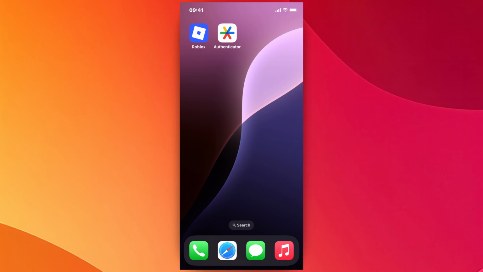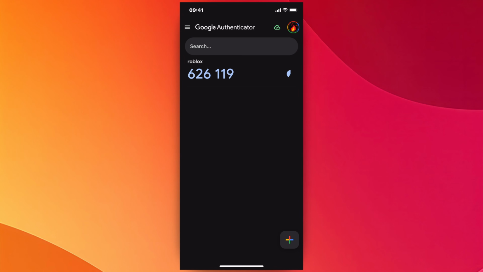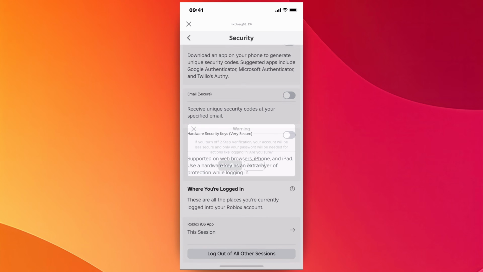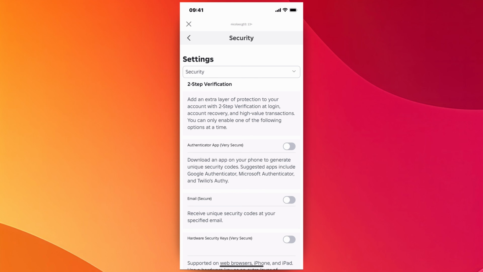So simply open the app that you're using, and as you can see, we have our code here. So we just have to copy this code and paste it in the Roblox app. So after that, simply tap on verify, and basically that's all you have to do in order to turn off